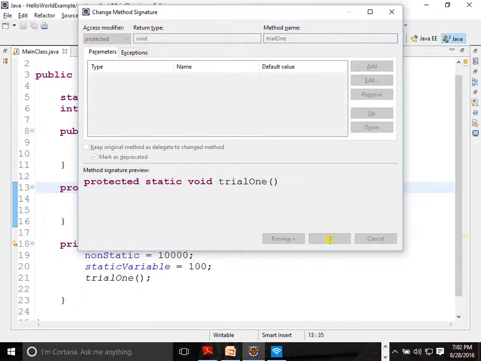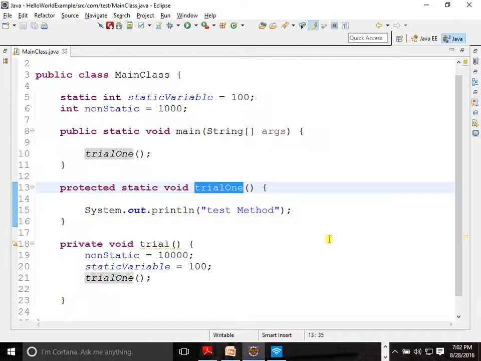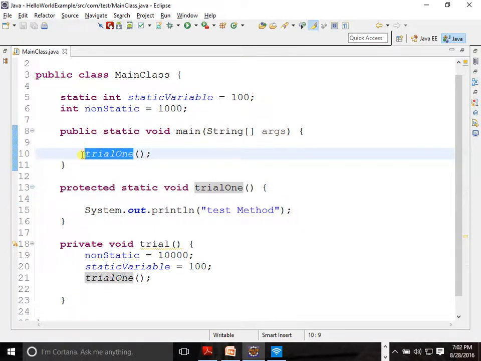Then it will become like this. Now one thing to be noticed: it didn't only change here, it changed here also. So this is the advantage of this.